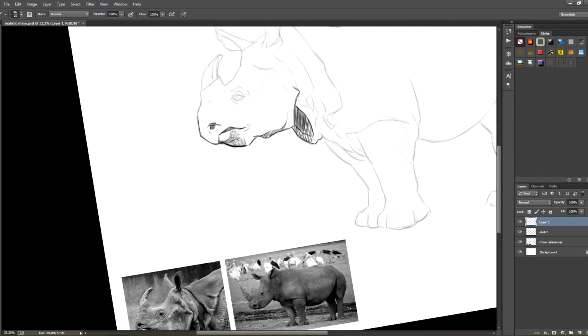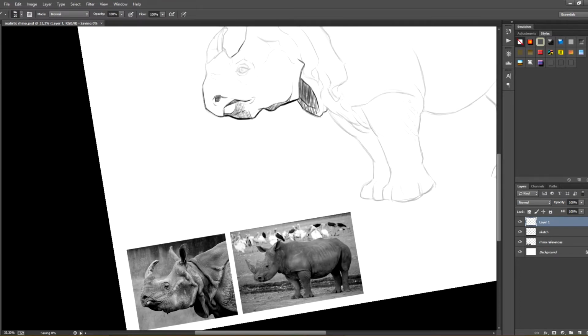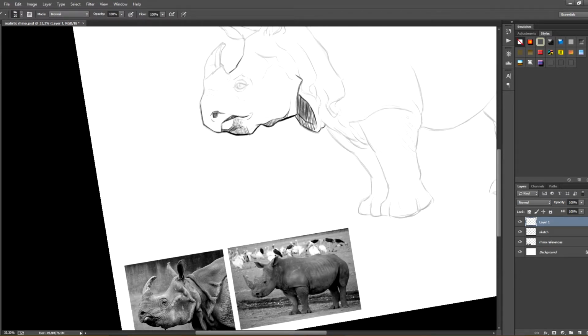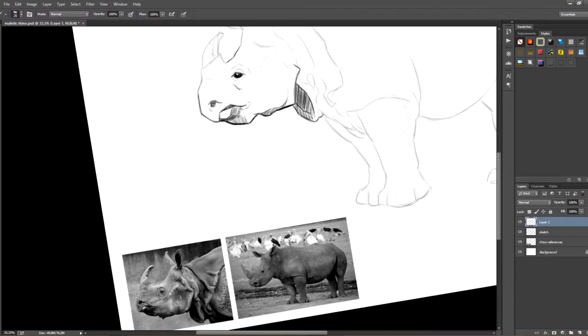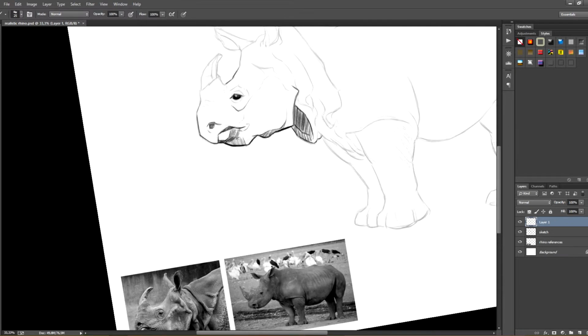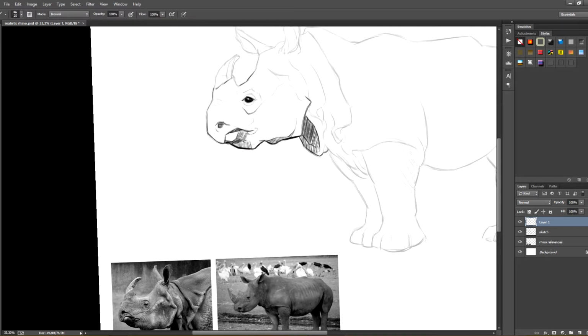So what I'm going for in this drawing is a line that's thicker in the shaded areas and thinner in the lighter ones. I'll also make some shadows with fine lines as I go along that I'll draw in the direction of the rhino's shape. I'll only do this in certain areas where I think it might look interesting. If I need more intensity, I can fill with black or crossed lines. But be careful if you want to do this, you don't want your drawing to look too messy.